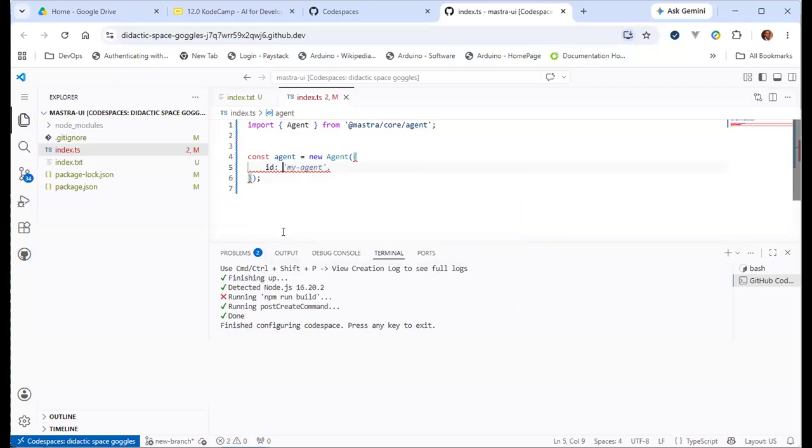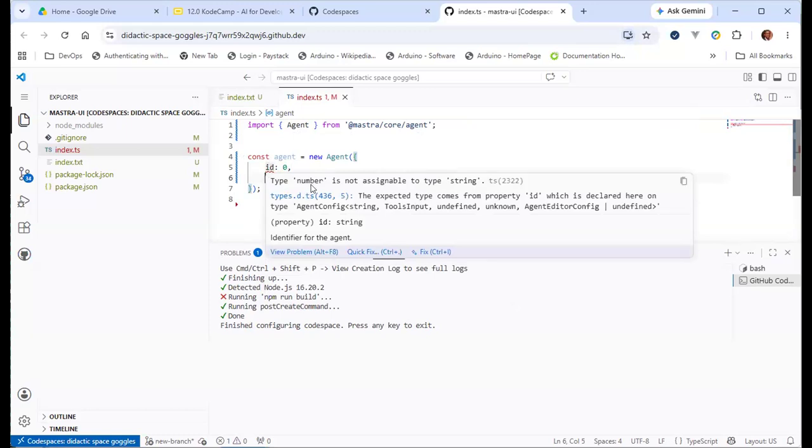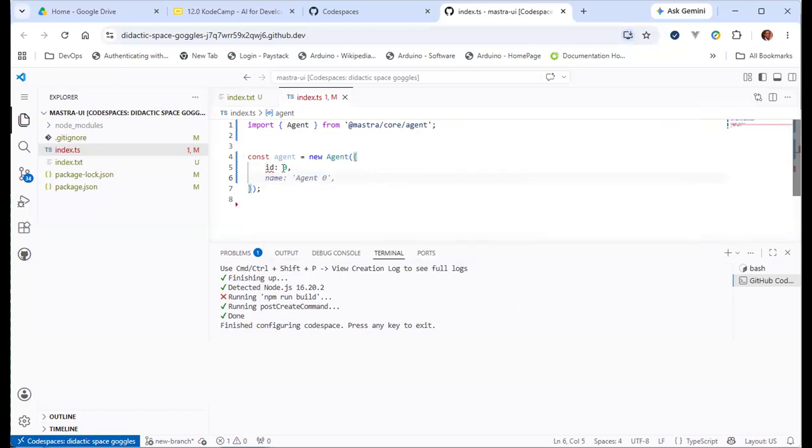Not only that, it's also strongly typed. So it's type safe. You cannot put a number, for example, because it uses Zod typing. It's going to give you an error that you cannot assign a number to a string. So ID has to be a string, like my-agent. And even better than that, if I were to put a space here, it is also going to complain about it, though I'll come back to that because there are still a bunch of errors I need to resolve.